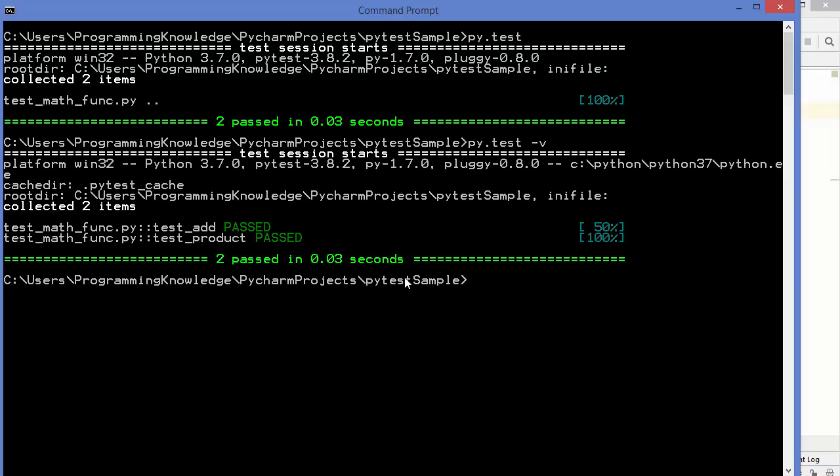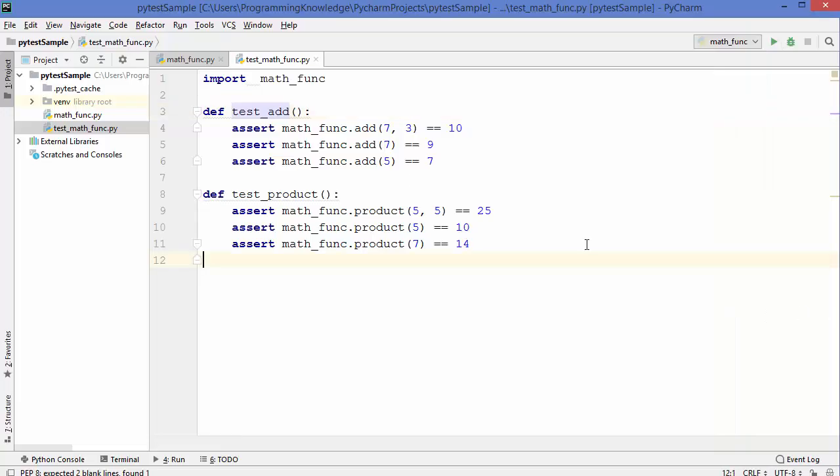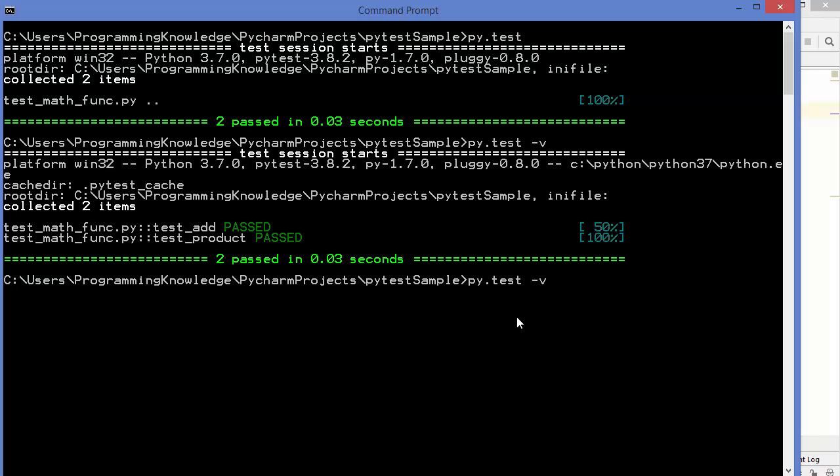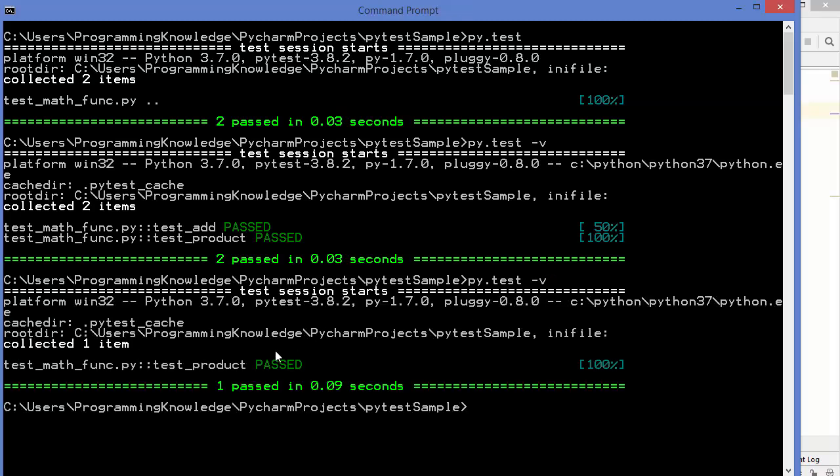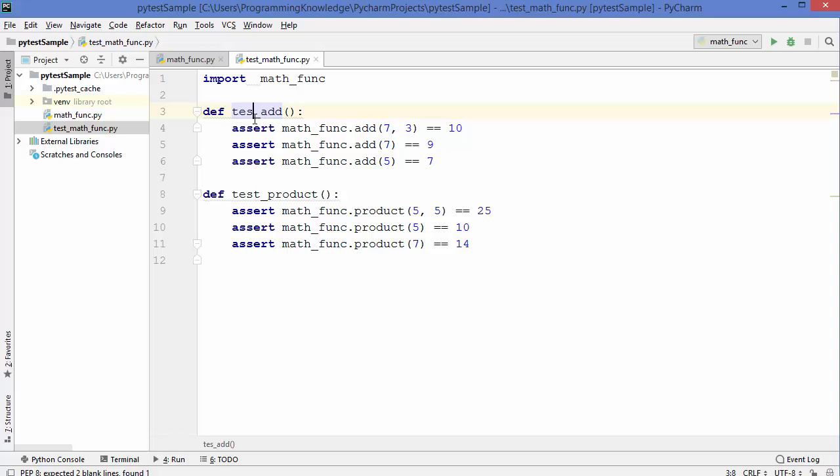You can also give the verbose flag here, which is going to give you more information about your tests. Now let's say we are going to remove this prefix from our tests. So let's say we just write tes underscore add, so there is no test prefix in front of your function, and once again I'm going to give the same command, and you will see only one test is recognized, which is test underscore product,